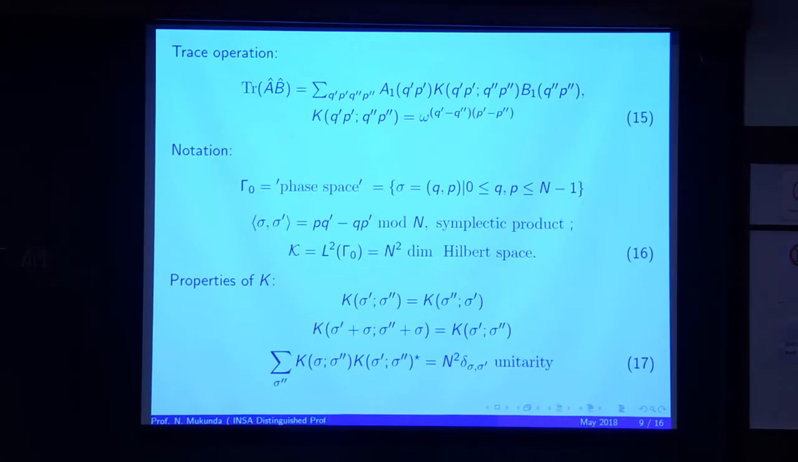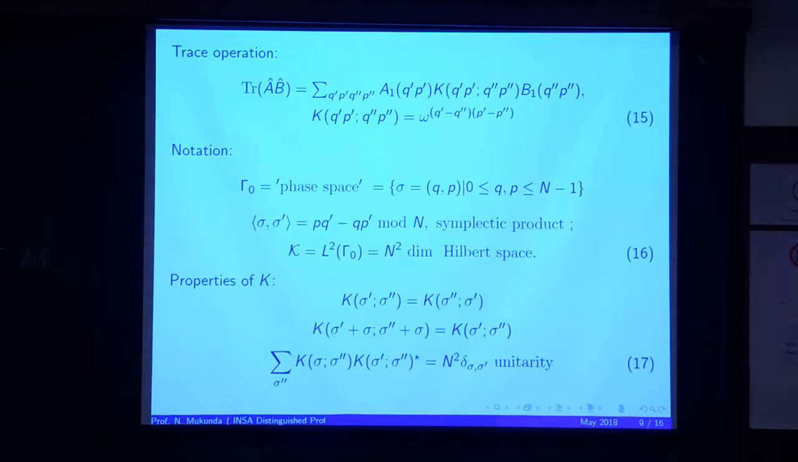The classical phase space in this problem, I denote it by gamma 0. It is a square grid. It's a collection of n squared points with q and p running from 0 to n minus 1. Given any 2 points on this phase space, we can define a symplectic inner product, and here it is. The symplectic inner product of qp with q prime p prime is this antisymmetric combination modulo n, and we can